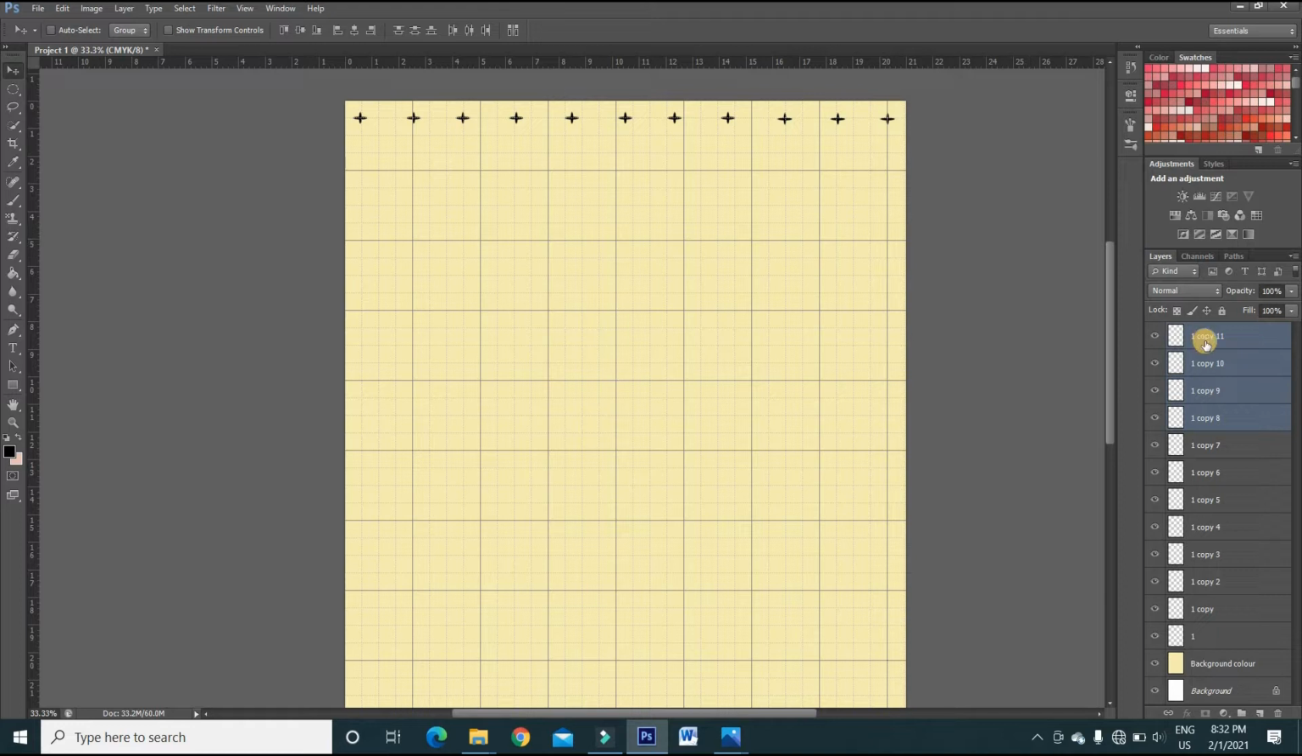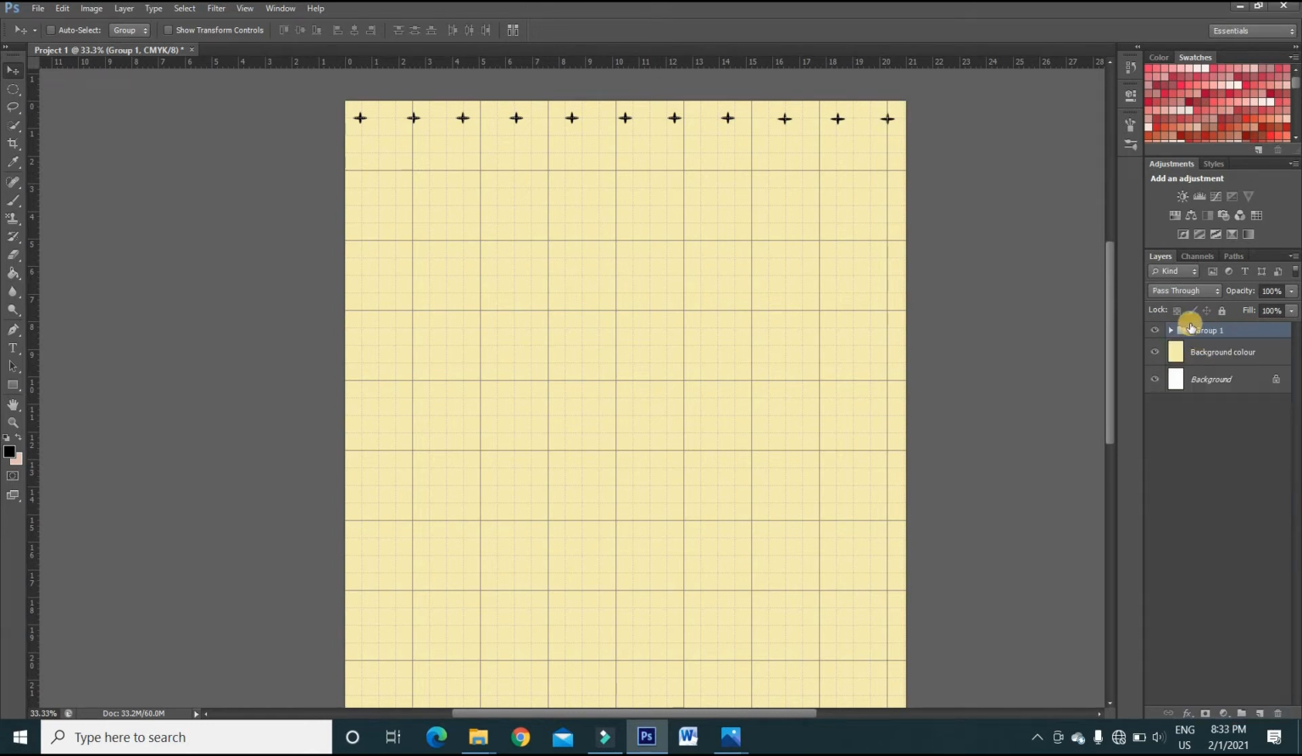But before that I will create one group for all of these signs which are in the first line. So I will select all the layers and then I will drag it and I will bring it towards the group icon, and then the group will be created. Now I will press Ctrl J for copying the group and I will rename it as group 2, and then I will just drag it down